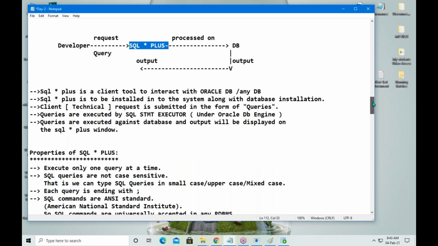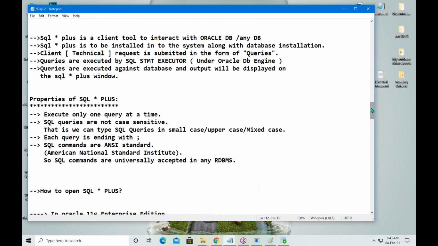SQL Plus has some properties. What are they? In this window, at a time, you will be allowed to execute one query only.